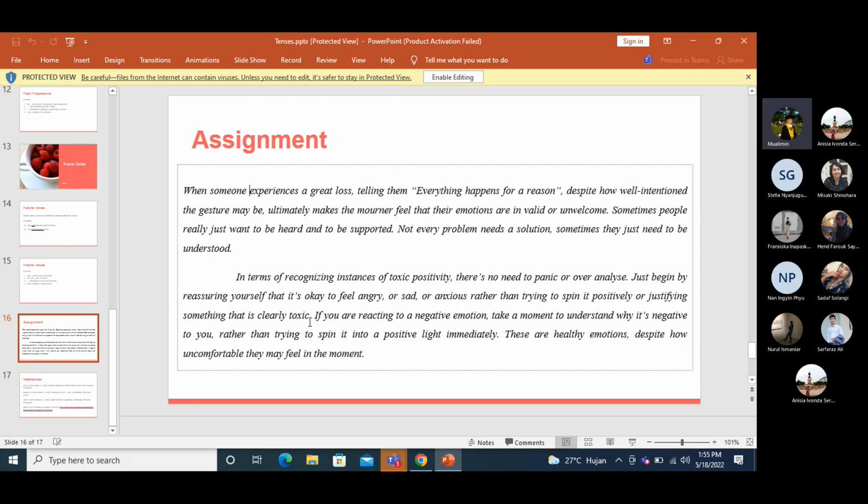All the verbs here are in infinitive form. Okay, so maybe just like this one.